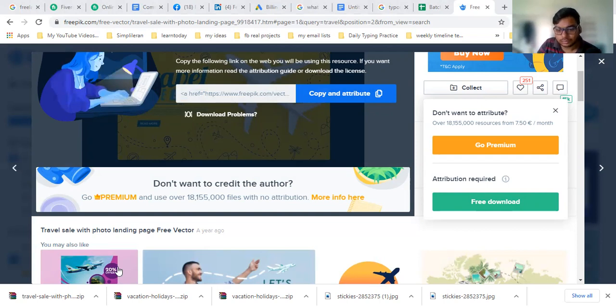The name of the file is travel sales with photo, and here is the JPG format. So the photo has been downloaded, and now you can use this picture.